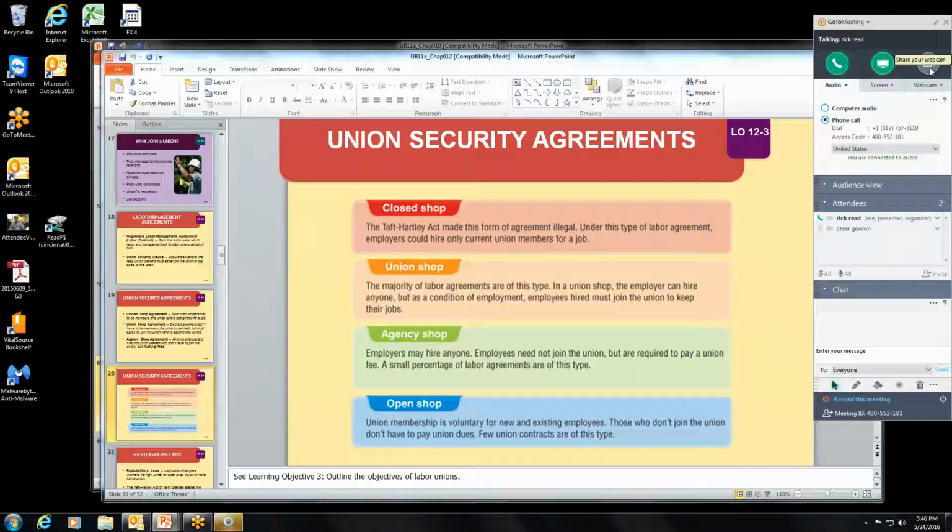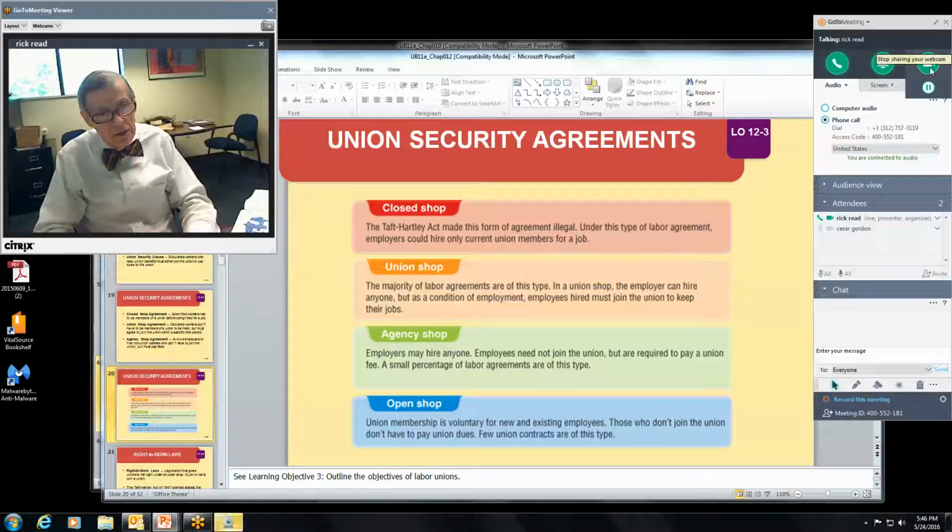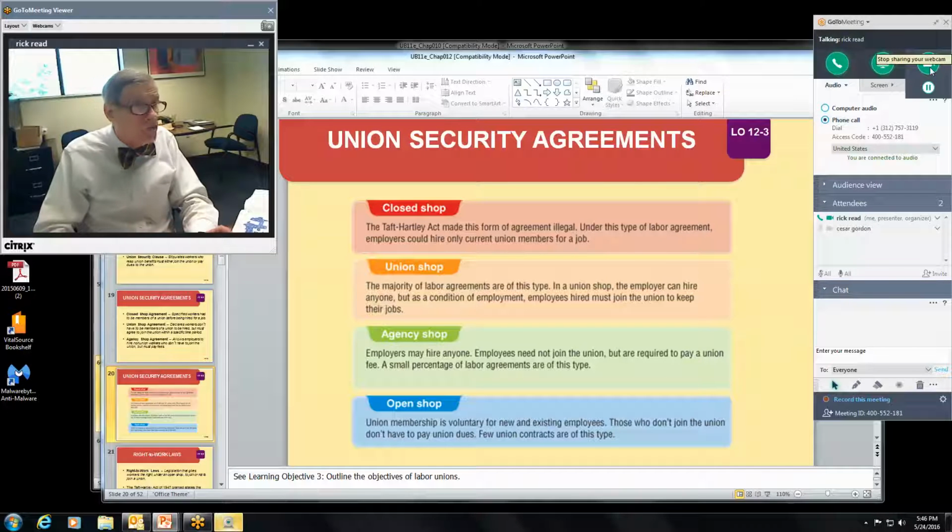Notice here, it's voluntary. Union membership is voluntary. Those who don't join a union don't have to pay union dues. And you don't find too many union contracts that have this. Now, we know that there are changes in the automobile industry and the United Auto Workers contracts, and some of